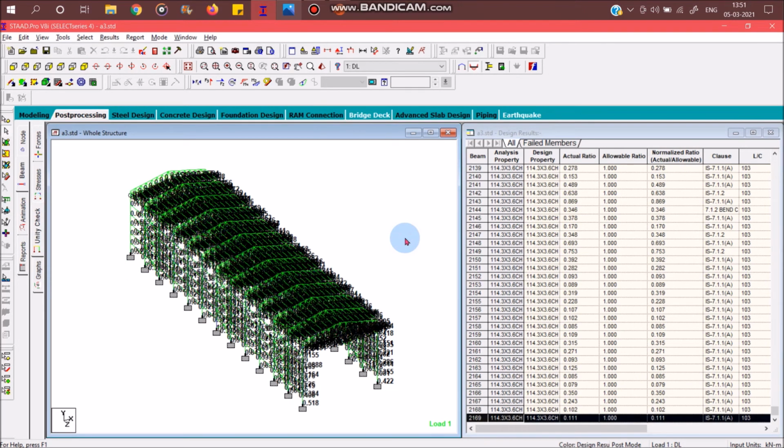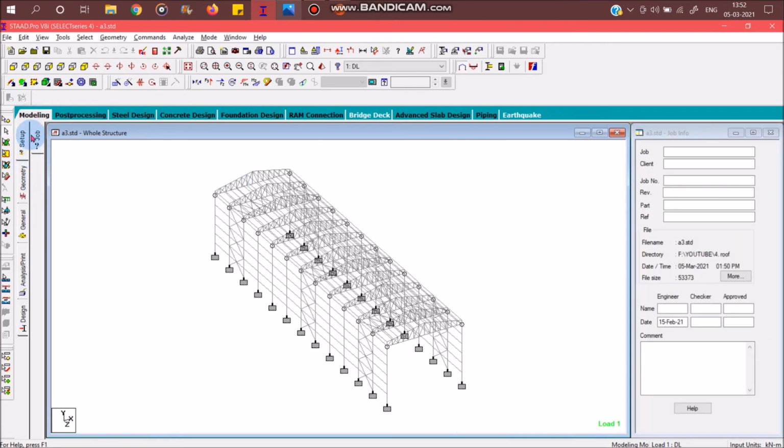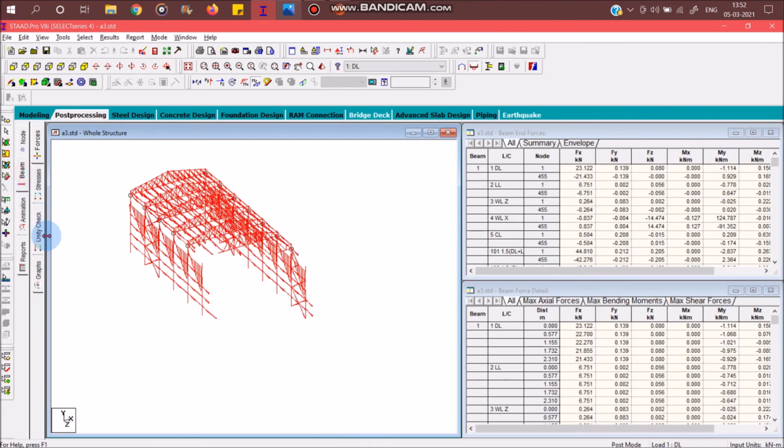Because it didn't pass just like that, I spent almost a week's time changing everything. I changed it from double angle section to a single channel section. Then I came to this rectangular hollow section, then square hollow section, etc. Similarly for your bracings, I designed them as tension members, and then all these releases, etc. So it took time for me, and definitely it will take time for you, especially in the beginning stage. So just go to post processing, beam and utility check.